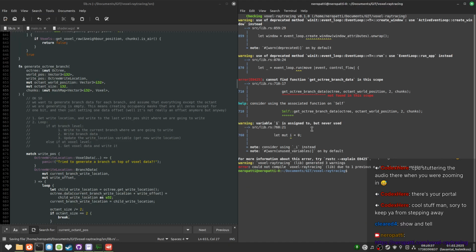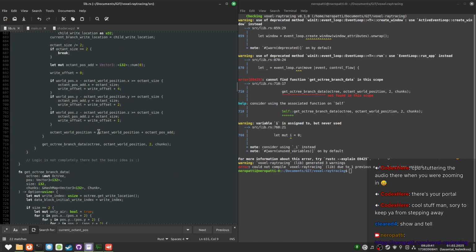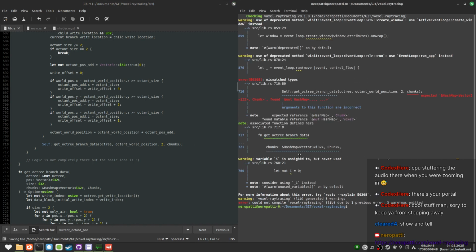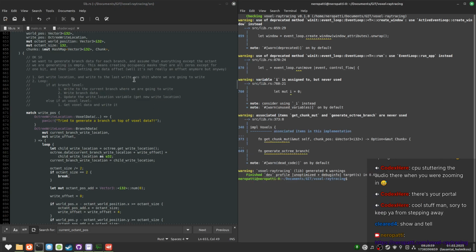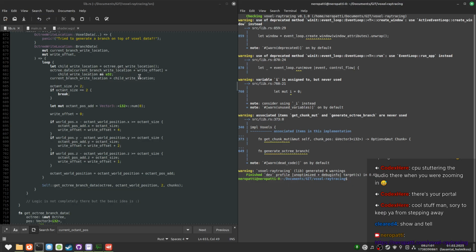There we go. And oh yeah, it's supposed to be chunks, not voxels. Nice. That should technically work.